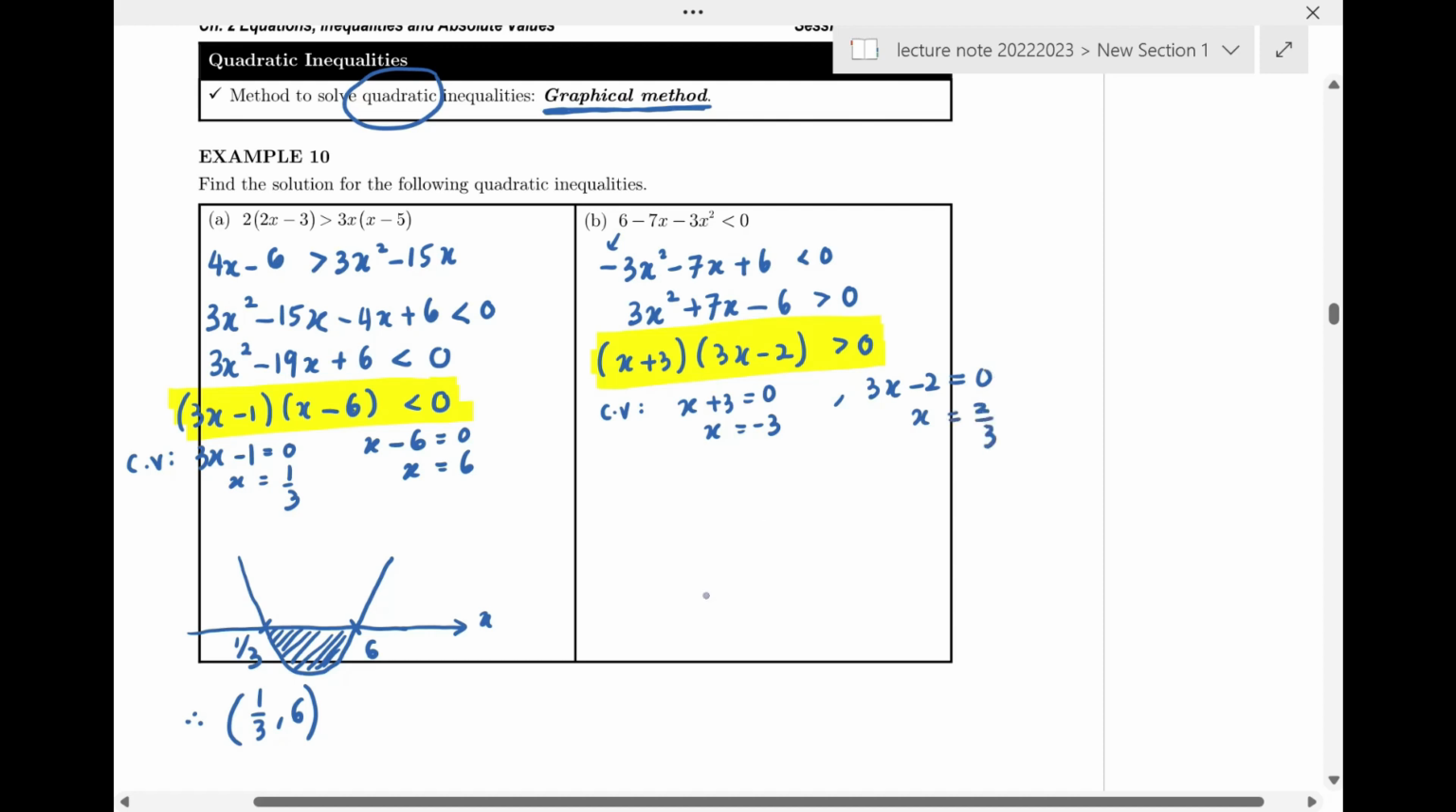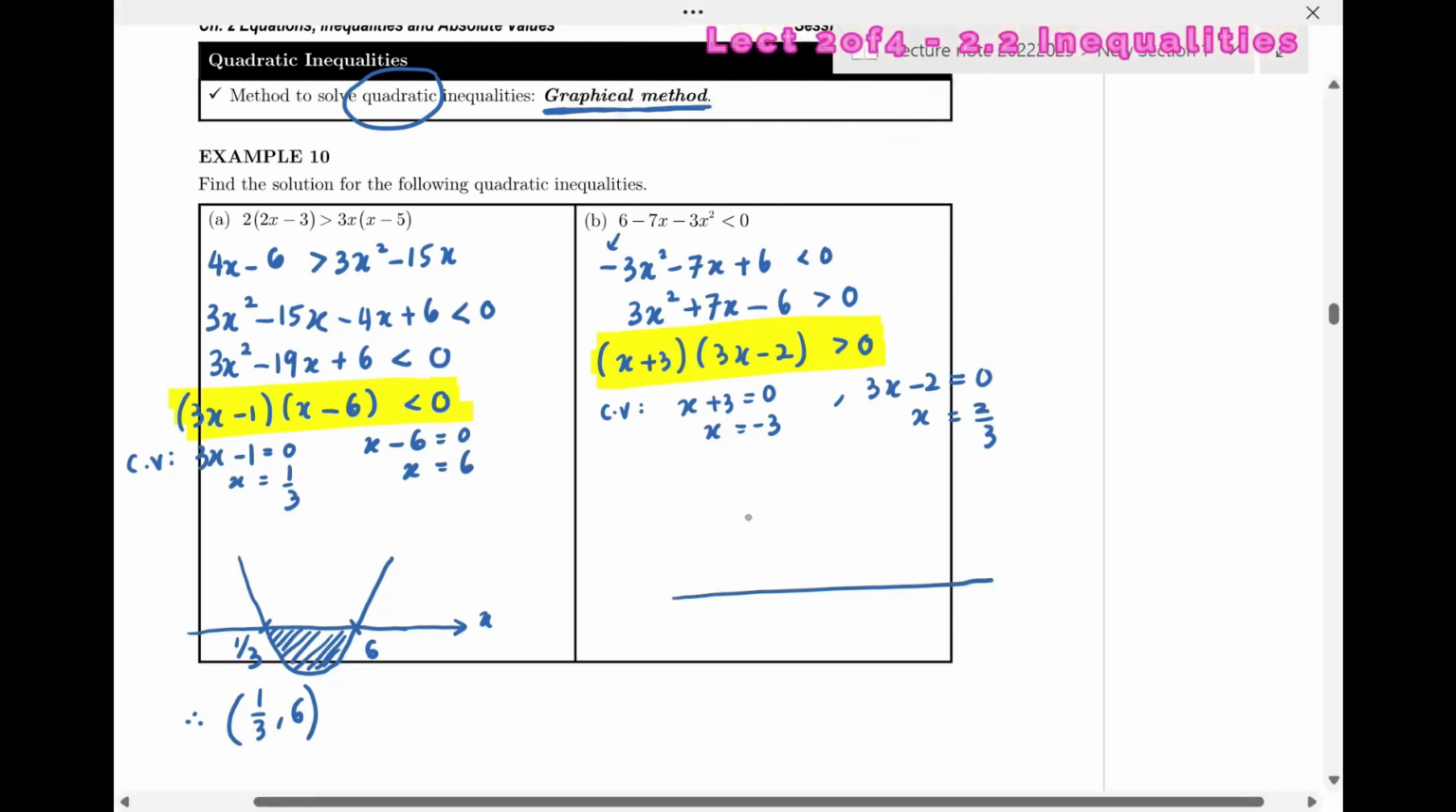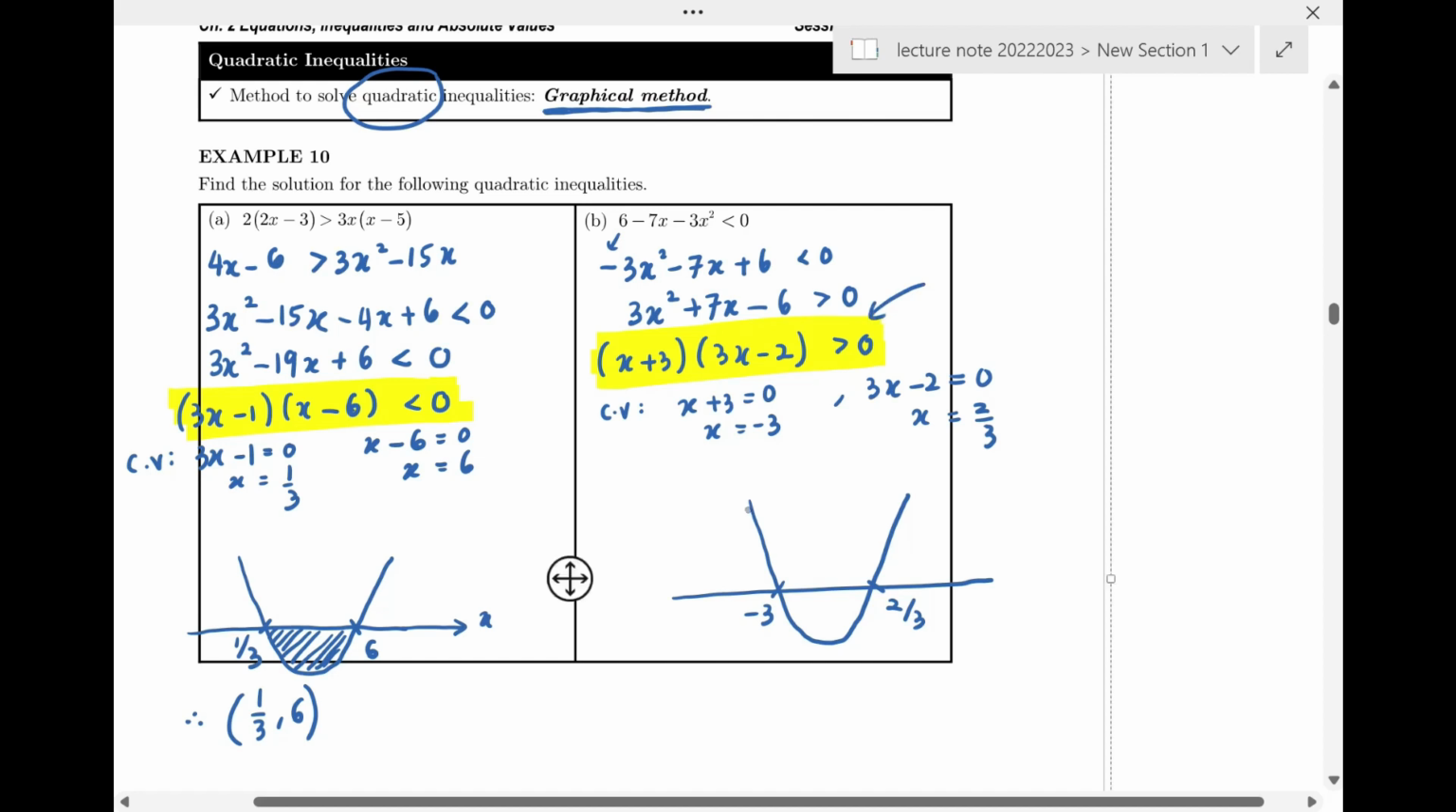Next again, I sketch my quadratic graph, and this is still a smiley. So that's why we need to make the x squared positive, okay? So that we always have a smiley quadratic graph. So with here negative 3 and here is 2 over 3. So now remember, I want the one with greater than 0, positive. So positive is the one on the upper side of our